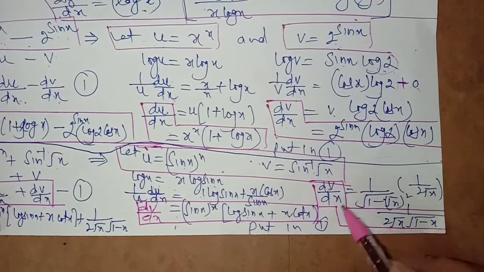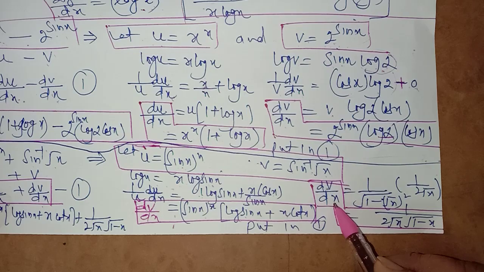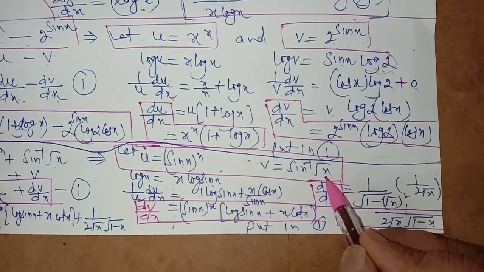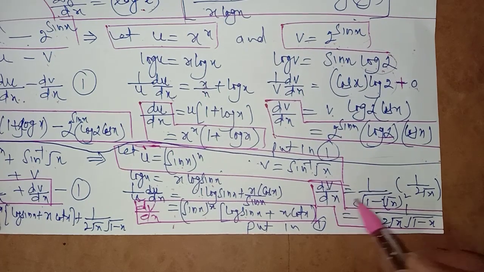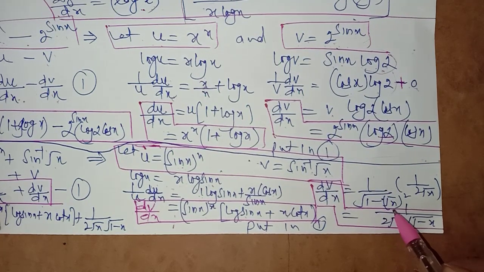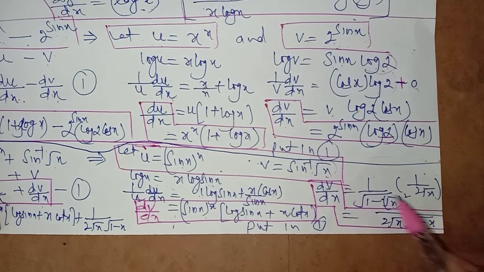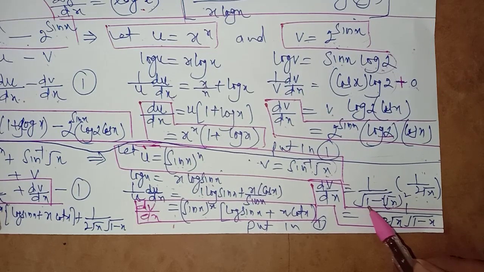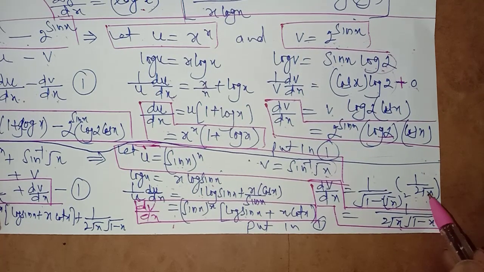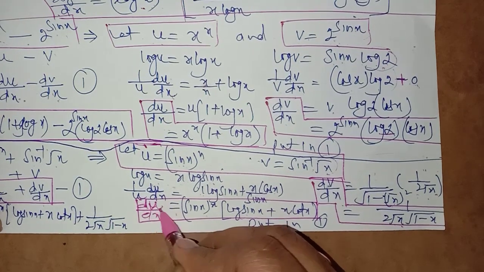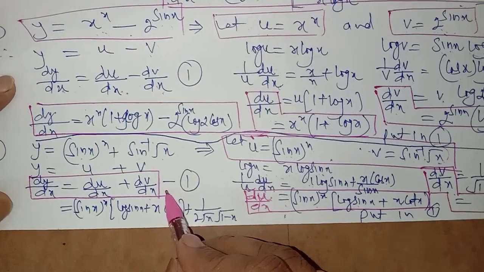So this is du/dx. Now sin inverse root x can be differentiated without taking the log. First differentiate sin inverse, then multiply with the derivative of root x. The derivative of sin inverse is 1/under root of 1 minus (root x) square, because in place of x we have root x. Multiply with the derivative of root x, which is 1/(2 root x), as you know. So it becomes 1/under root 1 minus x multiplied with this. So this is dv/dx, this is du/dx, and we replace these values in expression number 1,